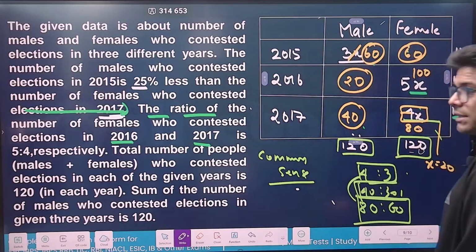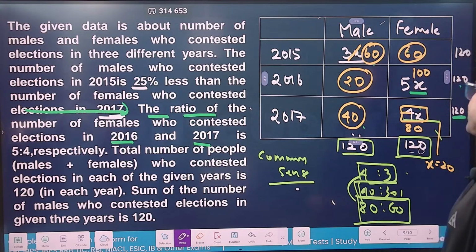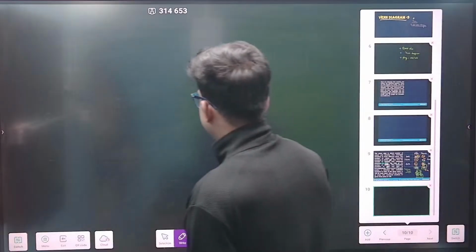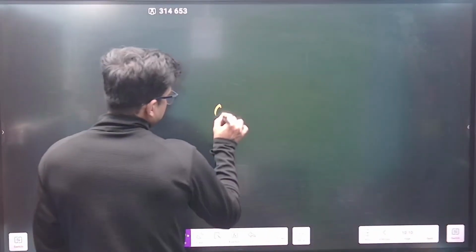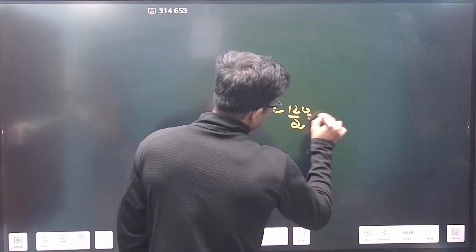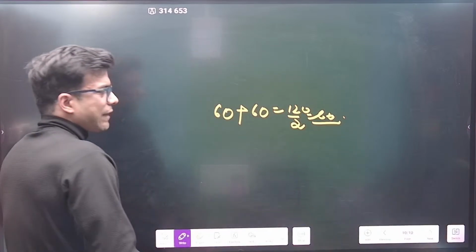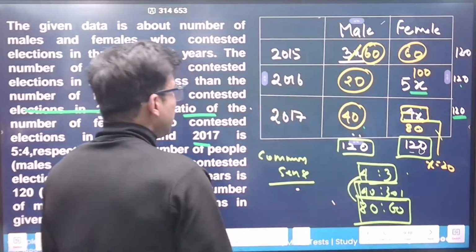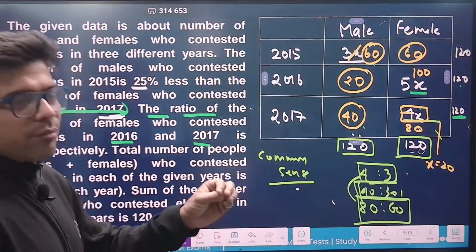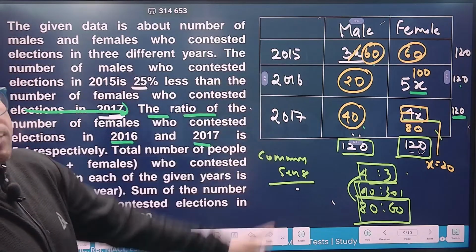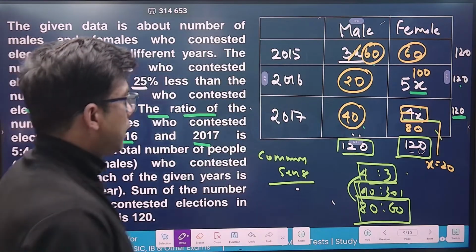Number of females in 2016. They can ask you the average of number of females in 2016. So what should be the average? Average of female, which is 60 plus 60, which is 120, divided by 2, 60 again is the answer. So 5 questions I would say can be asked from this basically set. I am not here to show you the question. My point is that you should at least solve this word problem into a simpler form, which is in a table, right? Let me show you another problem.